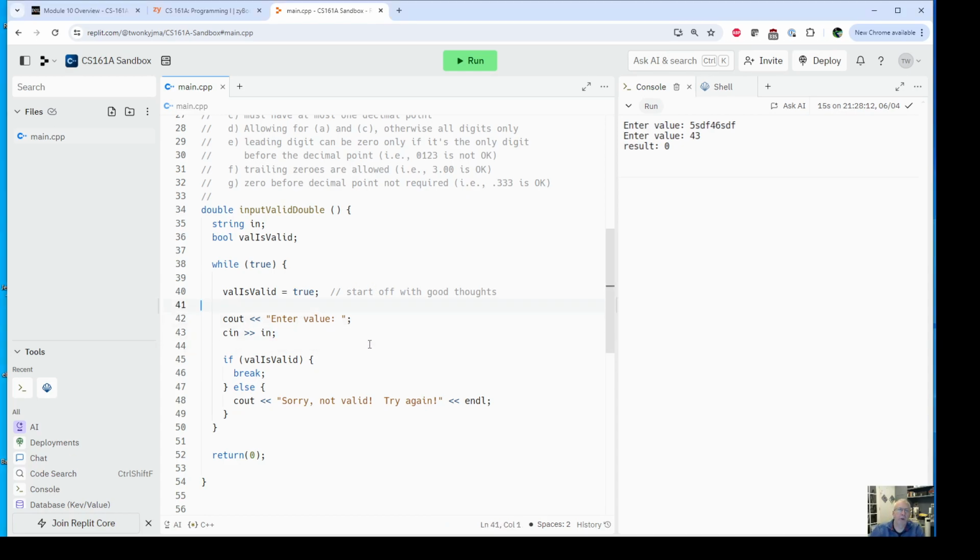Okay, so let's walk through the steps that we need to do. So first, check if the first character is a